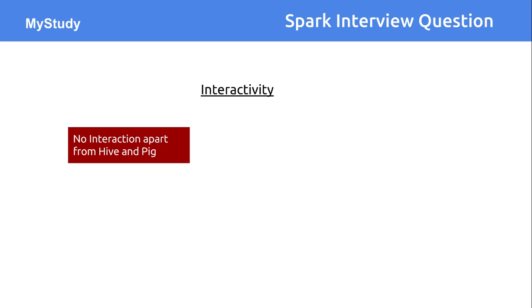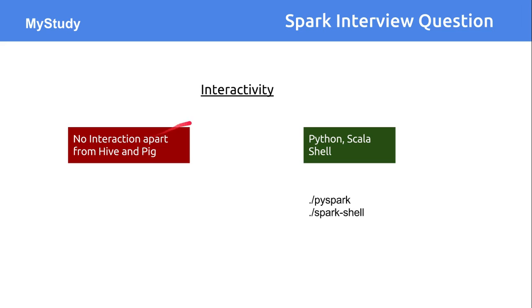And you can even use Pig, a scripting language, but there are no Scala or Python-like shells available, where you can write a single line of statement, execute it, run it, and learn what your data says. But in Apache Spark, two full-fledged shells are available: one is a Python shell and one is a Scala shell.